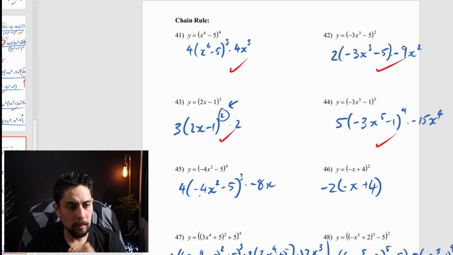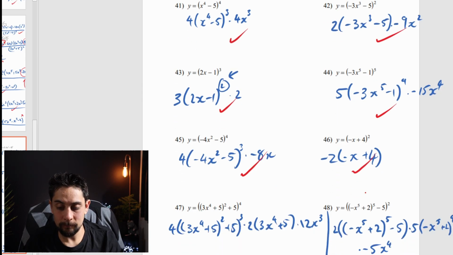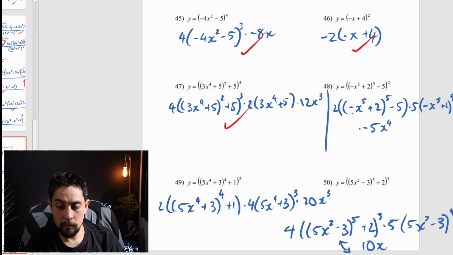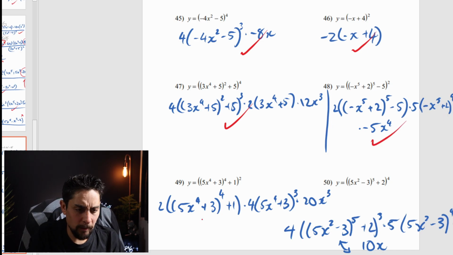Number 45, 4, negative 4x squared minus 5 cubed minus 8x. Number 46, that's a negative, because it's times negative 1. Negative 2, negative x plus 4. And last 4, these are the longer ones. 4, 3x4 plus 5 squared plus 5 cubed times 2, 3x4 plus 5 times 12x cubed, yes. 2, negative x5 plus 2, 5 minus 5 times 5, negative x5 plus 2 to the 4, on the next line, negative 5x 4. Good, and last 2, 5x4 plus 3, 4 plus 1, 4, 5x4 plus 3, 20x cubed,